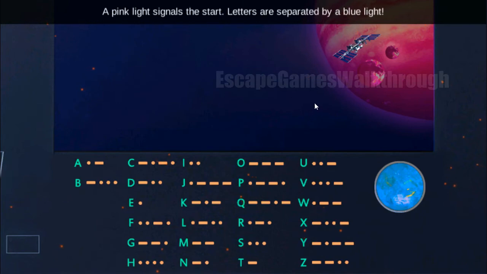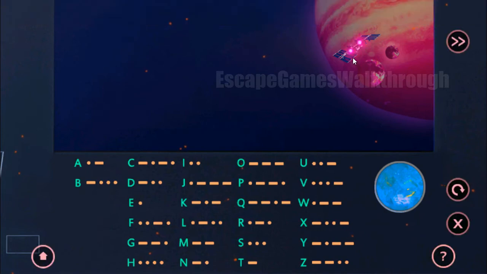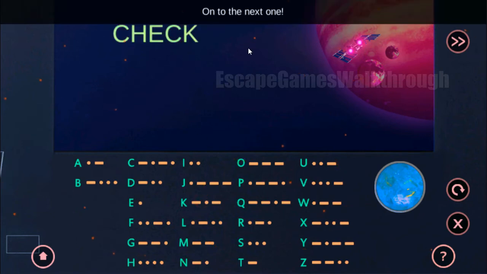And let's begin. Here we must be attentive. So pink is the start of the message, and green we have dash dot dash dot, so it's letter C, then dot dot dot dot, 4 dots, it is H, dot, and it's also E, dash dot dash dot, and it's C again, and now it's dash dot dash, and that's also letter K. Okay, the first word we have decoded, then the next word